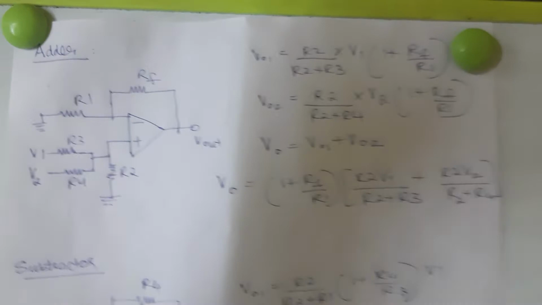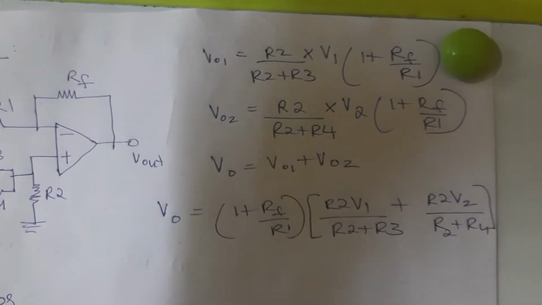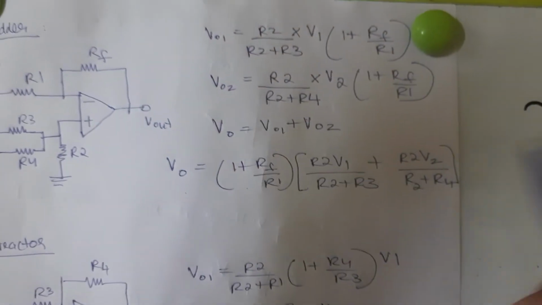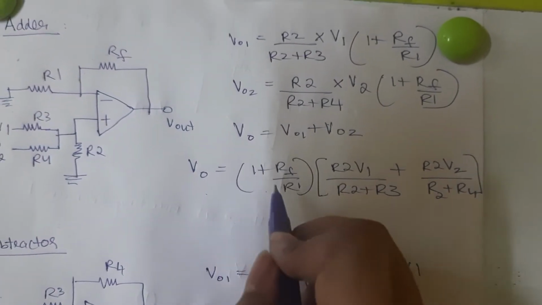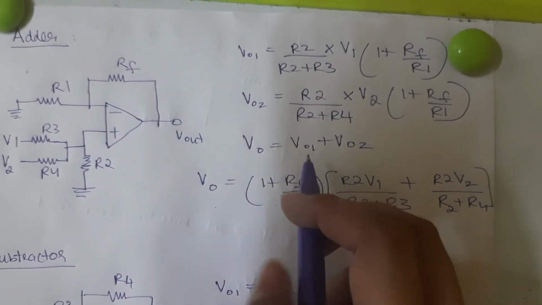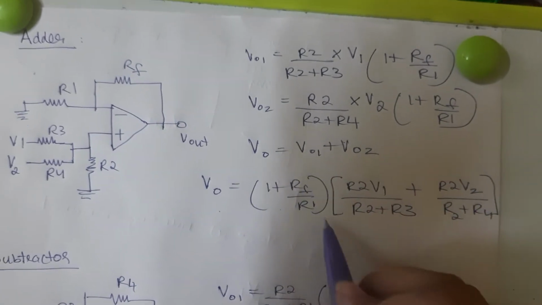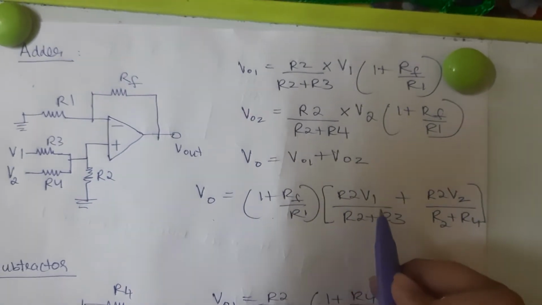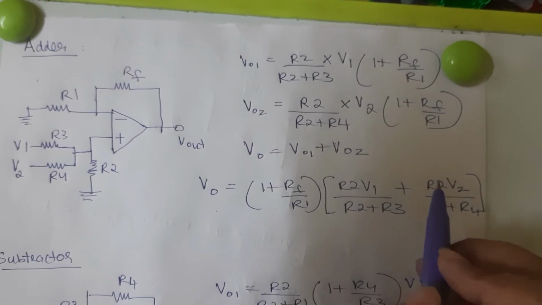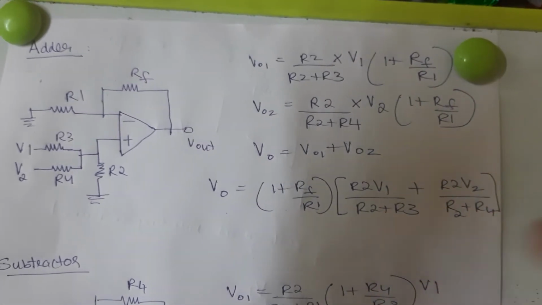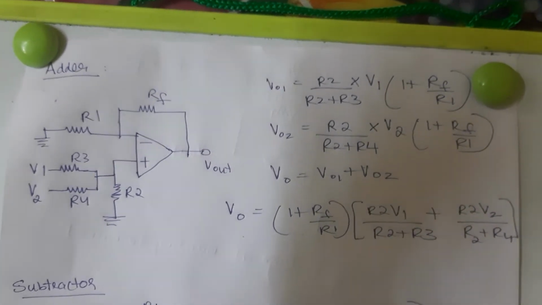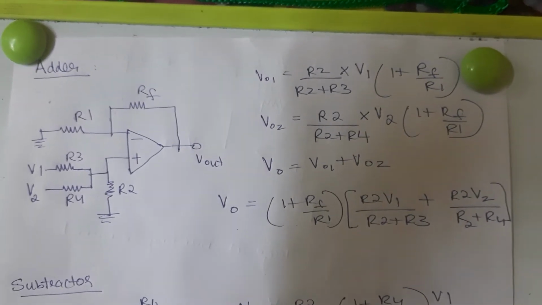In the end, I will be adding both my V01 and V02 to get the final expression for V0, which is 1 plus RF by R1, the overall gain into R2 by R2 plus R3 into V1 plus R2 by R2 plus R4 into V2. Now, when all our resistor values are equal,